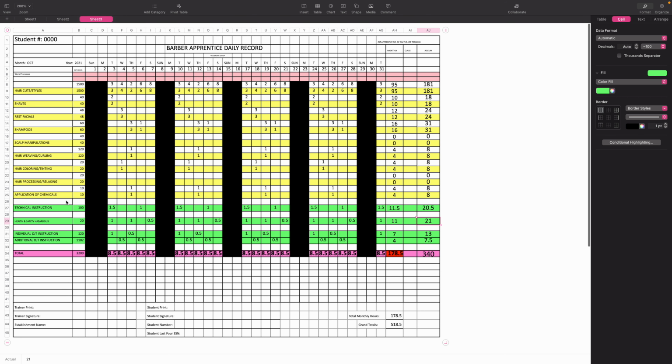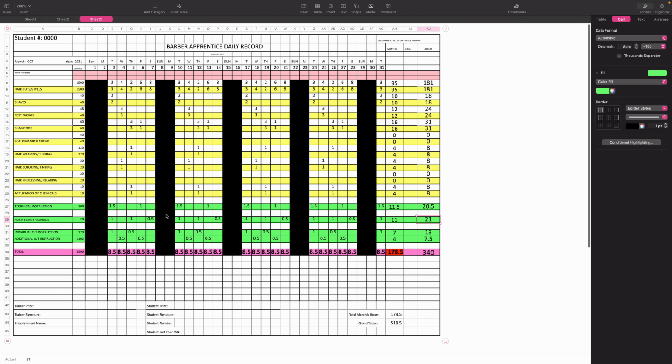Okay. These are to be turned into the office every month. So for example, I would turn in my October OJTs at the beginning of November. These are going to go to the office. Please make sure you print and sign your name, put your student number on there, make sure your trainer signs, make sure everything is good to go. These do have to be kept